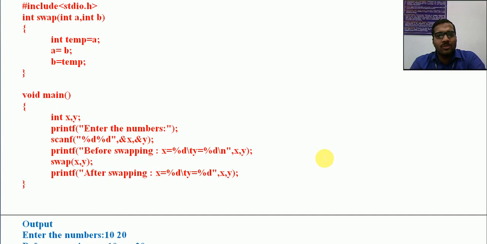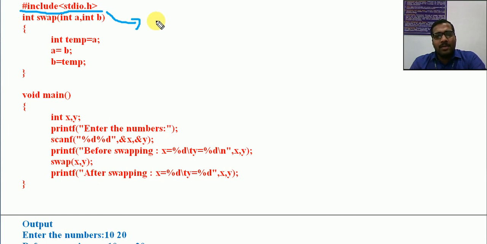Our aim was to swap two numbers. I am trying to use a function. Let us see what will happen with this program. Okay. Now first of all, just remember that one header file is there. Now as I have mentioned, normally we are using a function declaration with any program that uses a function.